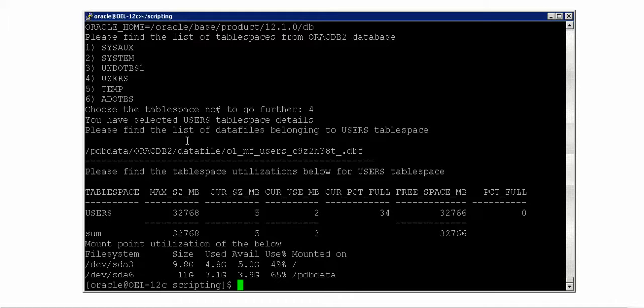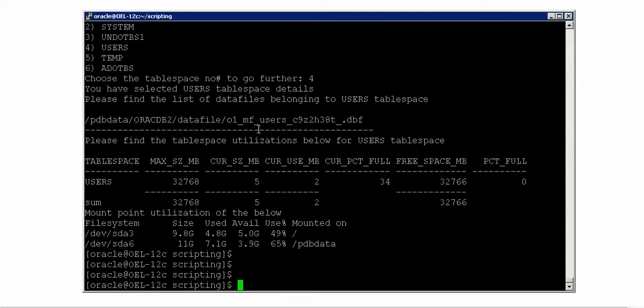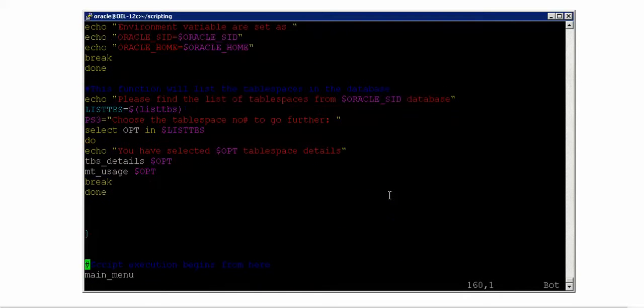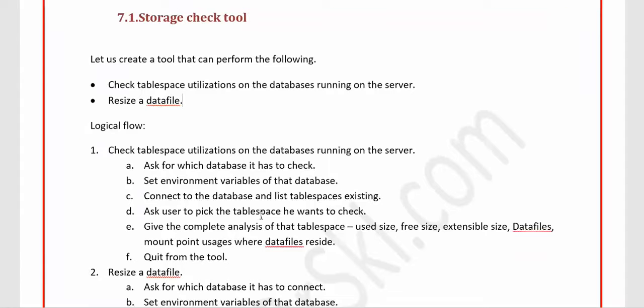See how beautiful the script is. Whether you believe me or not, how many lines of script did you write? Storage, and then 161 lines of script you have already written. Do you believe this? You should definitely do that. And now because I am done with the first part, let us come back to the logic, you should not miss it.